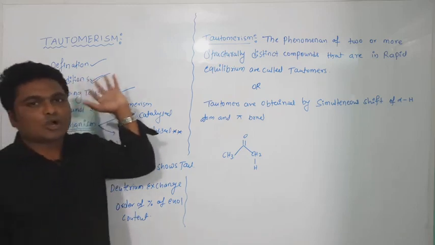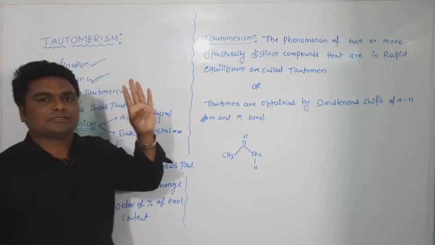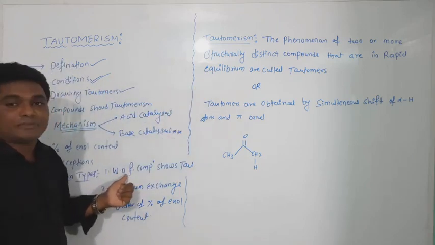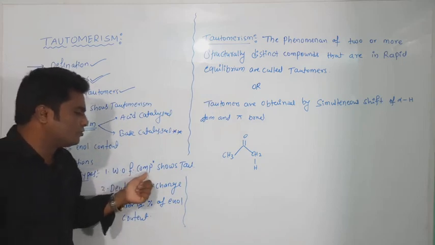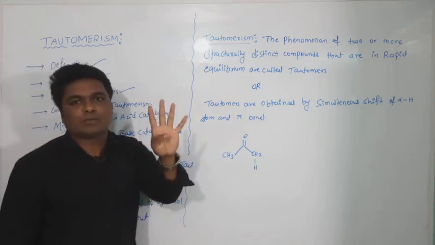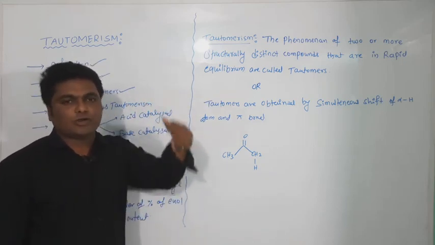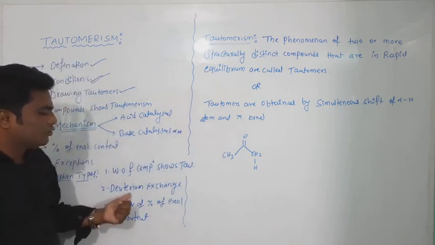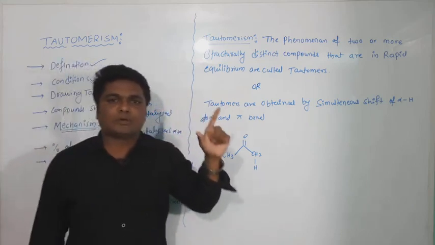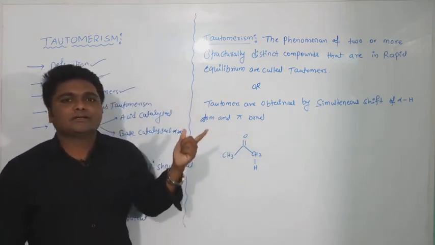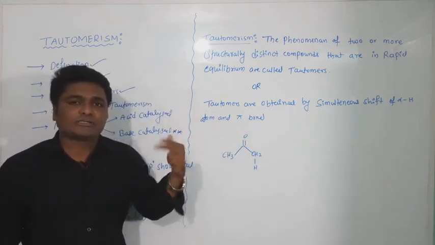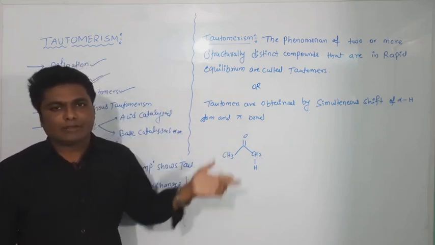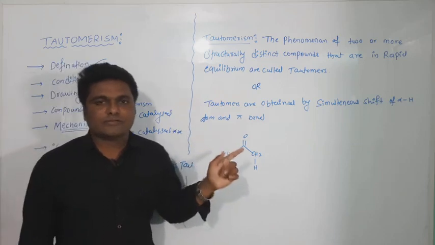Based on this topic, questions of three types may be asked in the exam. The first question type is WOF, which means which of the following compounds shows tautomerism. They will give four compounds and ask which of the following compounds gives tautomerism. Otherwise, deuterium exchange: they will give a compound and ask to find the number of hydrogens replaced by deuterium in OD minus, D2O condition. Okay, that question is also very important.